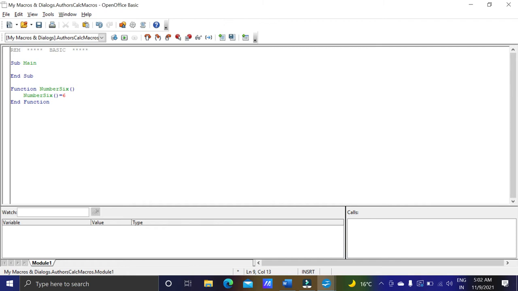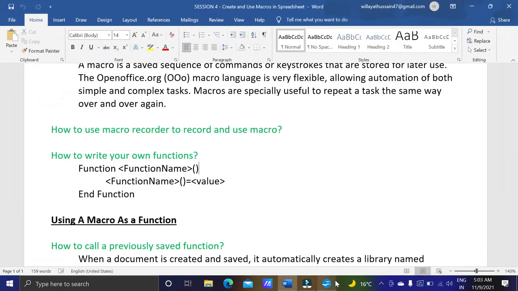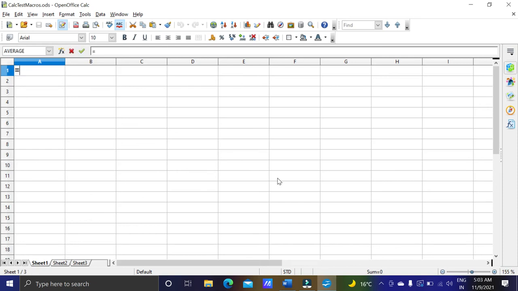Now I have written the whole thing, and then I have to save it. Ctrl+S to save, and then this is our file, and I want to see if this is working or not. Number6. This is a problem.